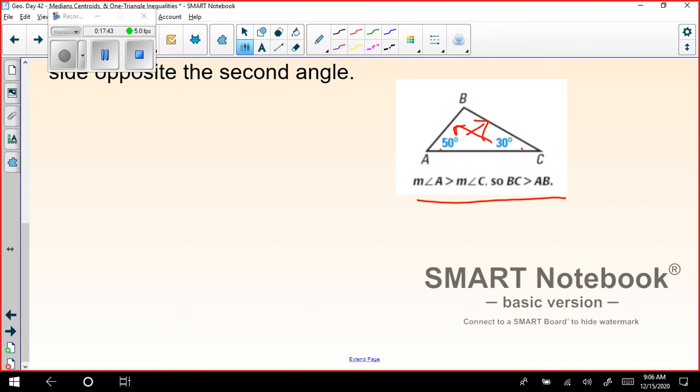Okay, both ways it will work. The converse will also work. If they have given you the sides, the larger side will have the opposite larger angle. If they have given you the larger angle, the side corresponding to the larger angle will be greater than the other one. Okay, let's see a few problems based on them.